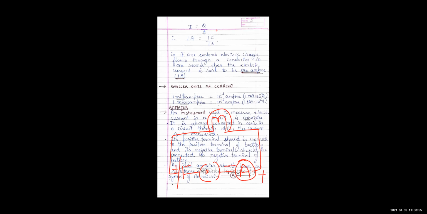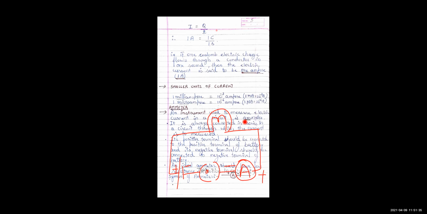Understood? So how is ammeter connected in circuit? The positive of ammeter is connected to the positive terminal of the cell, and the negative of the ammeter is connected to the negative terminal of the cell, right? Simple. Positive positive say, negative negative say, right? And if you see, it is connected in a single path. एक ही रास्ता है करंट के फ्लो होने के लिए, right? It is like one after the another, एक के बाद एक, right? Only one path. So this is called series connection. Series connection में train की जैसे होता है, one after the another, right?